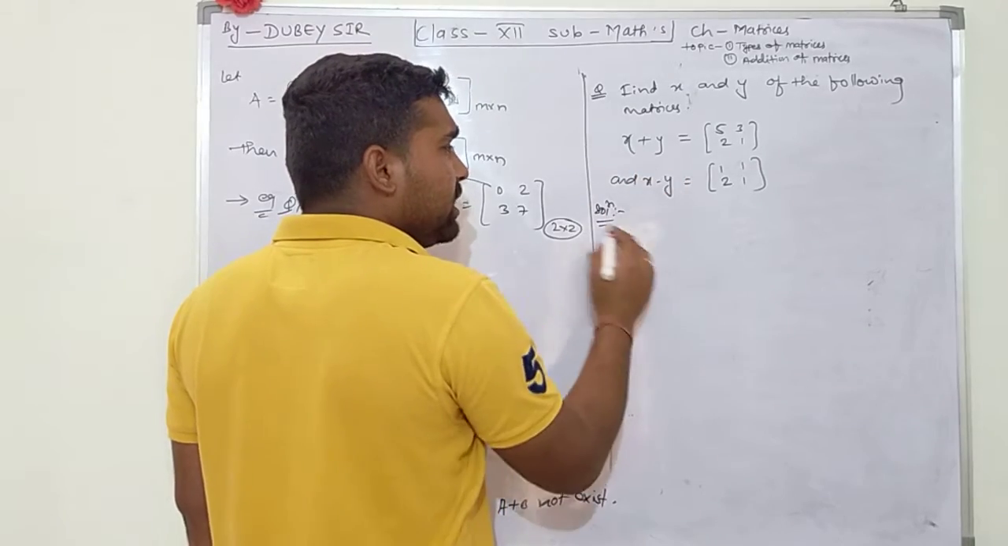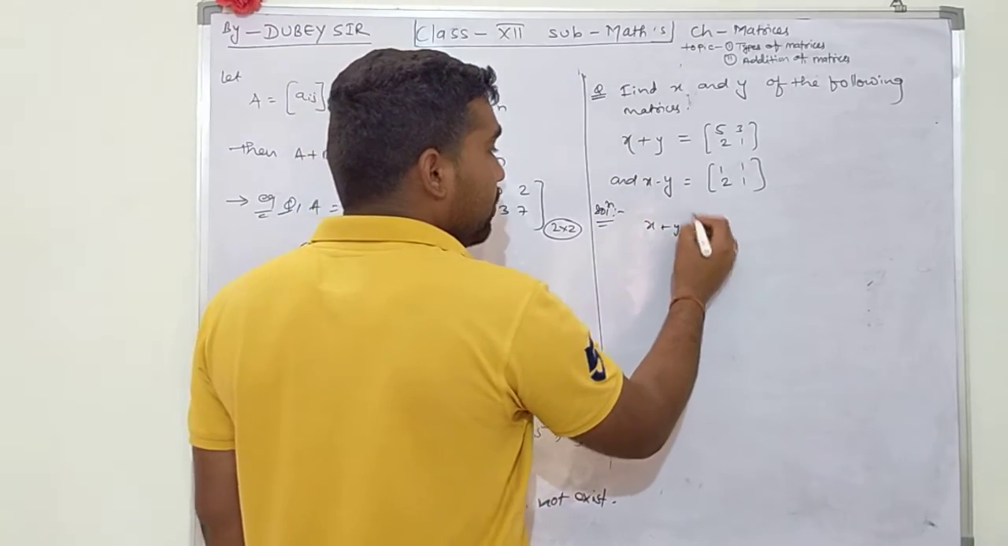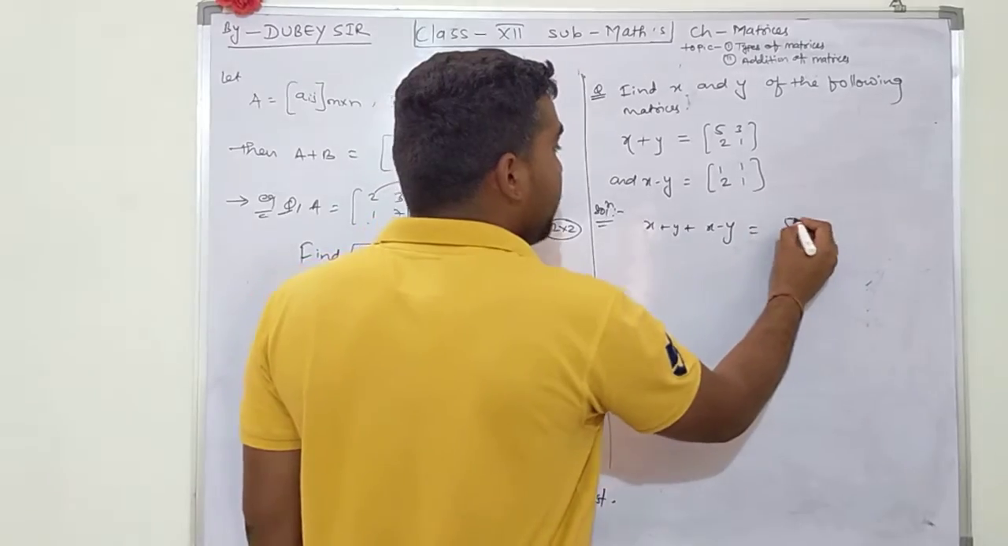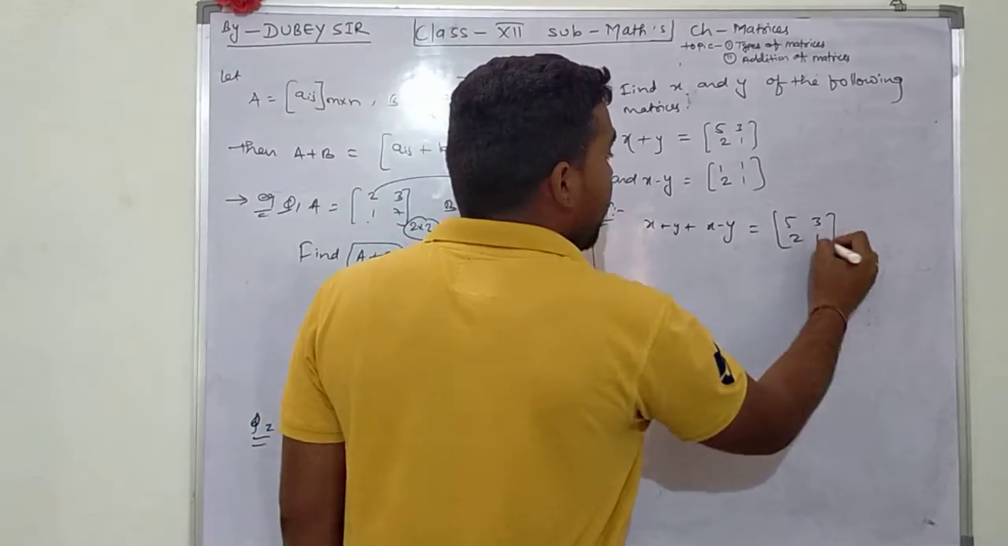First, on adding these two matrices, x plus y plus x minus y equals [5, 3; 2, 1] and